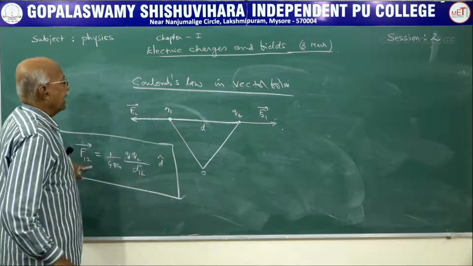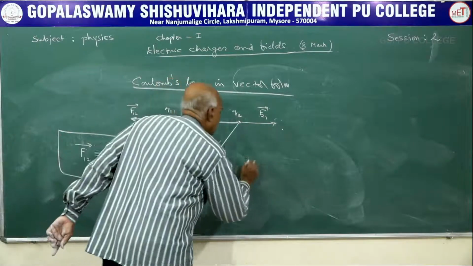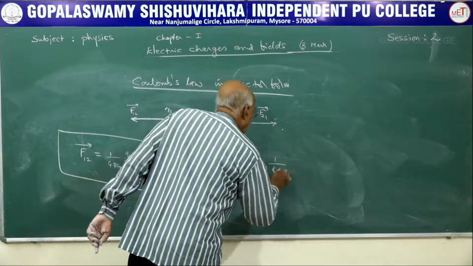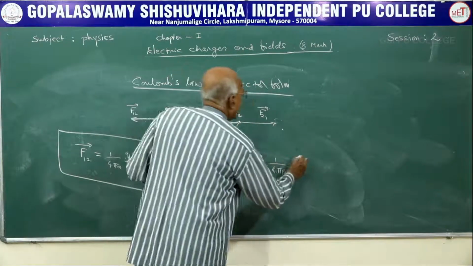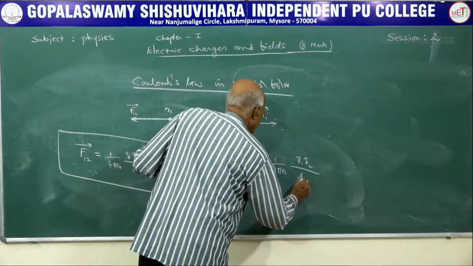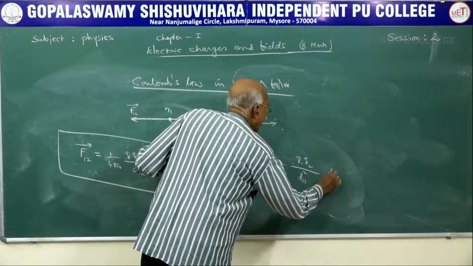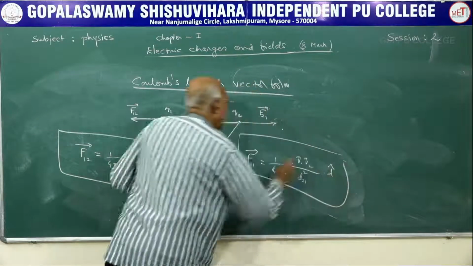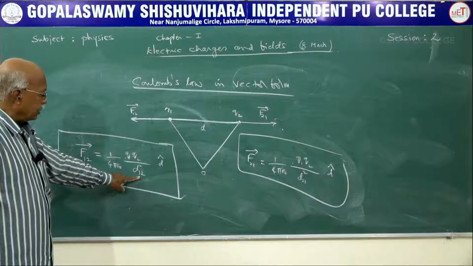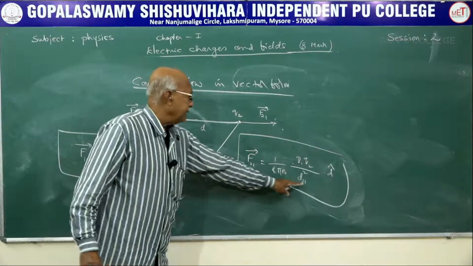Now, on the other hand, if you write this to be equal to F21, this is equal to 1 over 4 pi epsilon naught Q1 Q2 divided by d squared, D21, and vector d. This is how we are going to write. If you have 1 and 2 here, in the denominator d also you will get 1 and 2. If it is 2 to 1, it is 2 1.